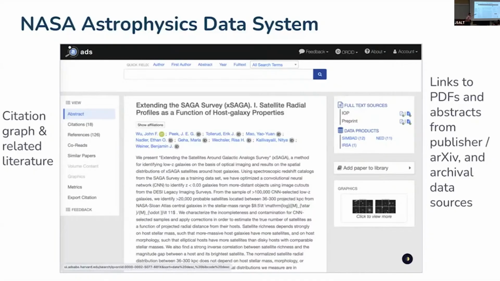On the right side, there's also some useful stuff. So you have direct links to either the abstracts or the PDFs from the publishers. As I mentioned, most of these are open access. So you should be able to access all the PDFs rather than going through some paywall, at least for all the community-supported journals. You can also oftentimes click around.